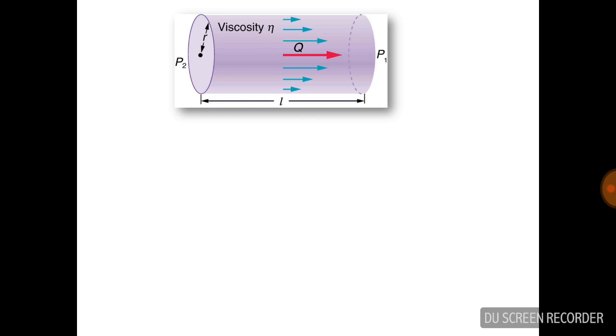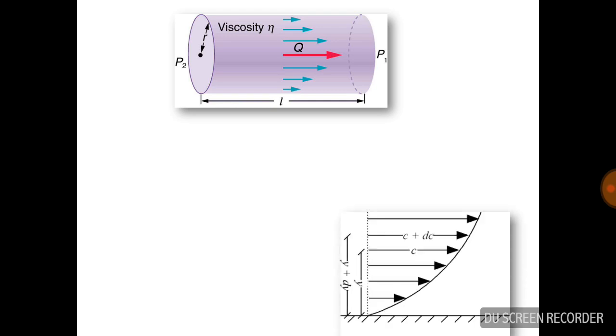Now, here you can see the flow of a fluid through a tube, and the speed of the fluid is maximum through the axial region and it decreases gradually as we proceed towards the edge. The velocity profile is shown in this graph, where you can see the variation of velocity with distance. Near the edge the velocity is 0, and with increase in distance the velocity increases. At a distance y the velocity is given by c, and at some distance, say y plus dy, the velocity is given by